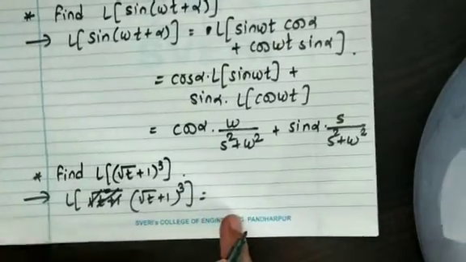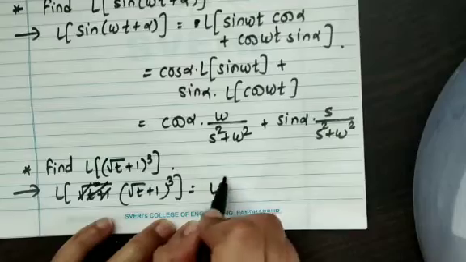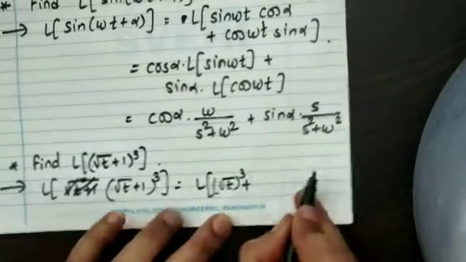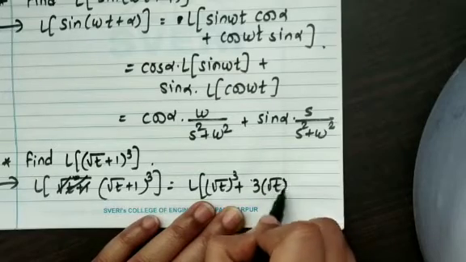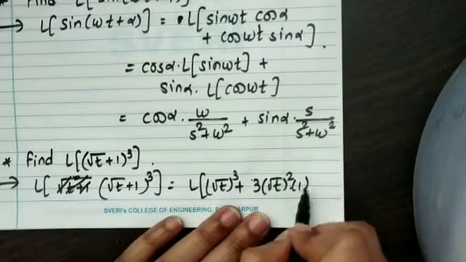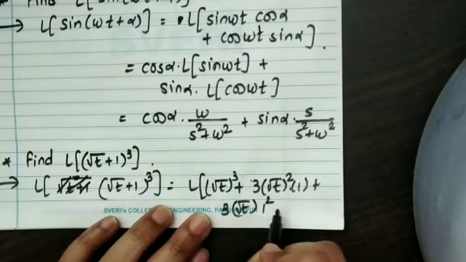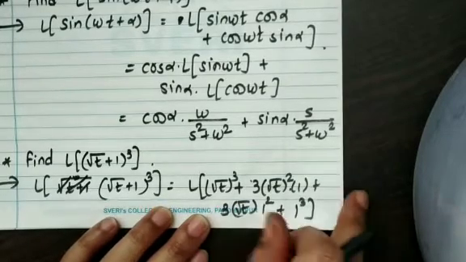This is a plus b cube, and we'll write the formula of a plus b cube, that is a cube plus 3a square b, b is 1, plus 3a b square plus b cube, that is equal to